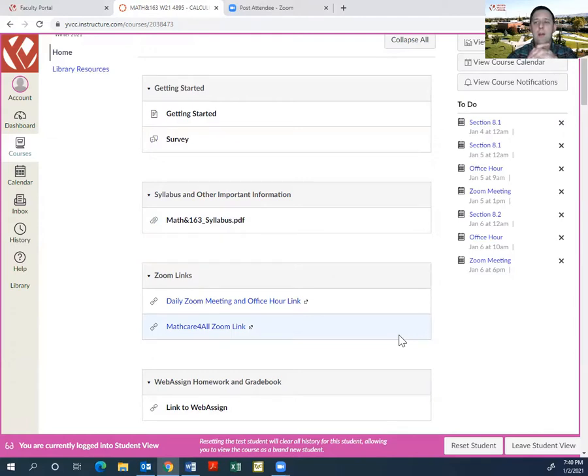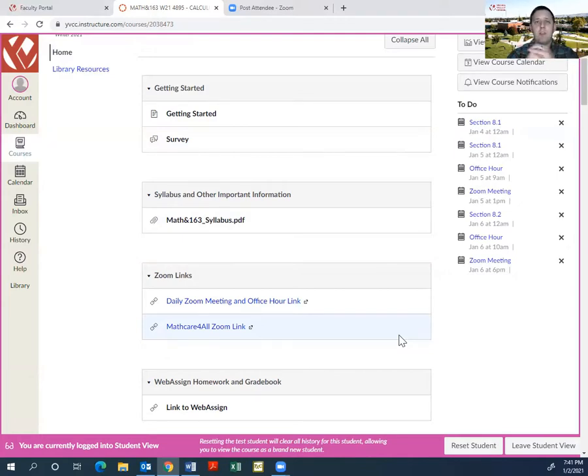Now, it is not required that you go to this Zoom meeting. However, it'll be good for sure if you are able to make it. Think of it kind of like part study session, right? Sometimes I'll just be talking more in depth about concepts that we cover in class. You're going to be learning the material through videos, and there might be a way that I explain something in a video that doesn't quite cut it for you, and so that's an opportunity to say, hey, can you explain this a different way? And then of course we can go through homework questions and things like that.